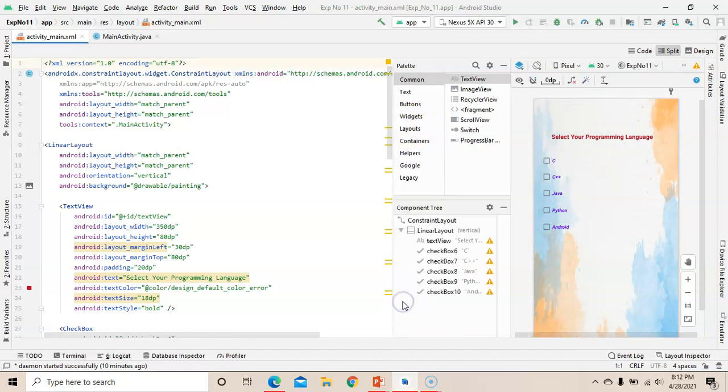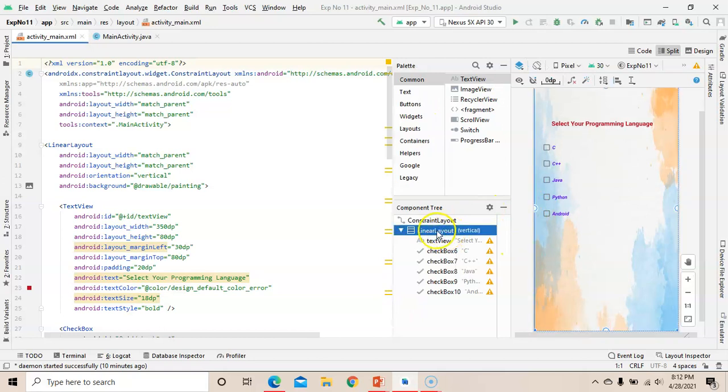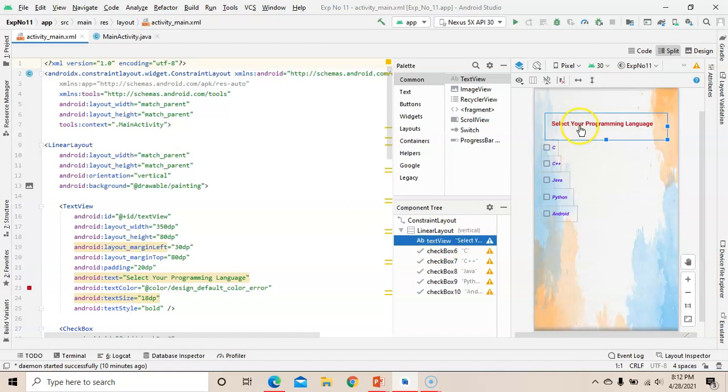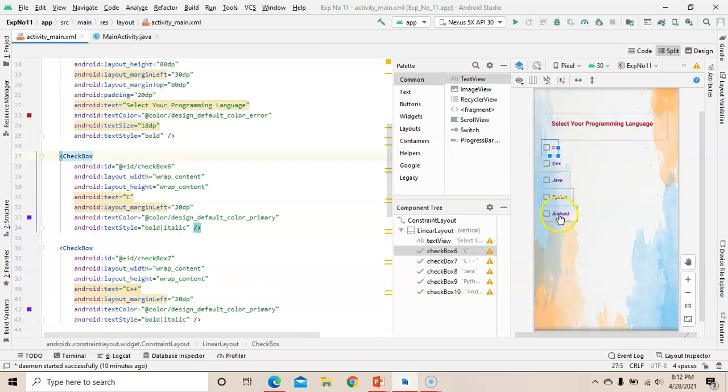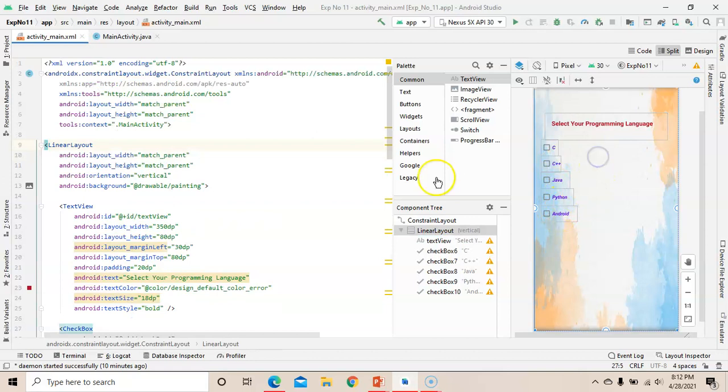In the component tree you can see we have used the linear layout, and in the linear layout we have used a text view, then 5 checkboxes, right? First, second, third, fourth and fifth checkboxes. So our question is to take 5 checkboxes and toast selected checkboxes.